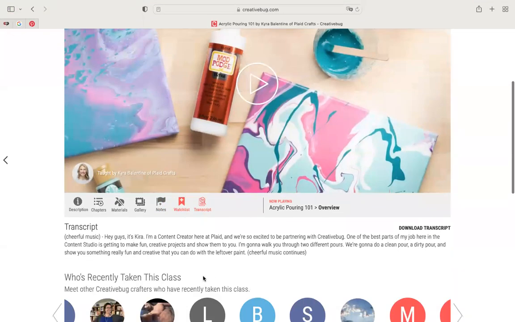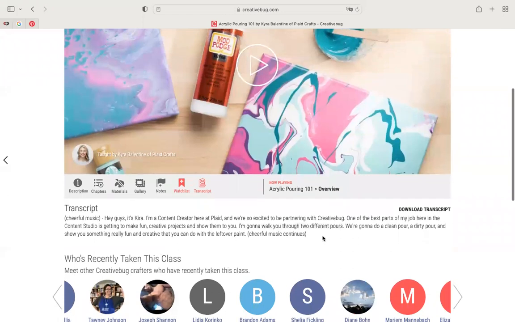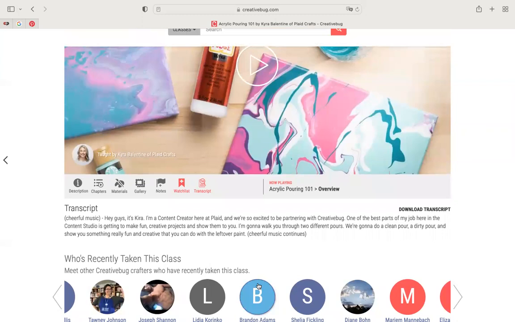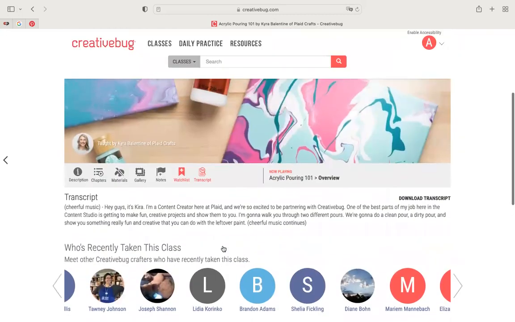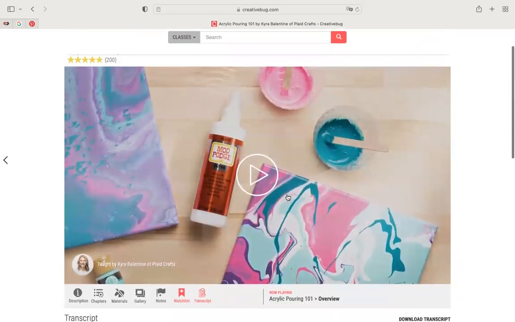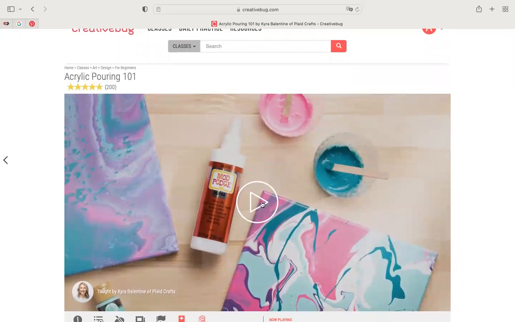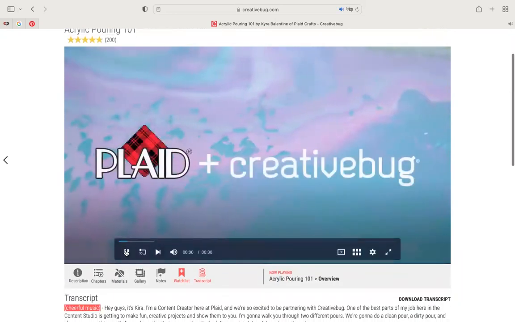And then also there is a transcript. So if you're having a hard time listening because there might be a whole lot going on around you, you can always turn that on, and you can also download the transcript. So as you watch the video, it'll click through and go through all the transcript. So that's also really nice. I'll just quickly start this so you can get a feel of